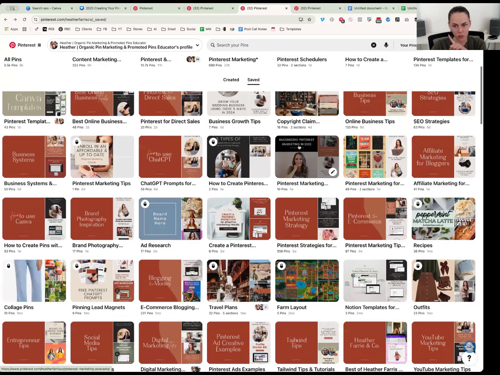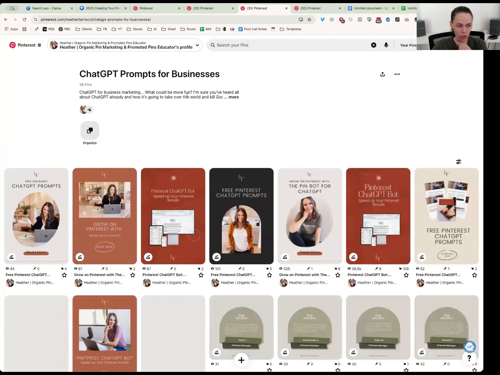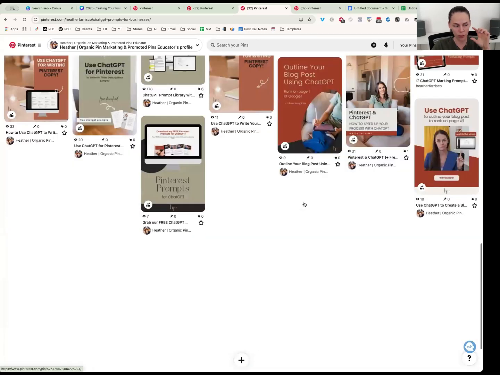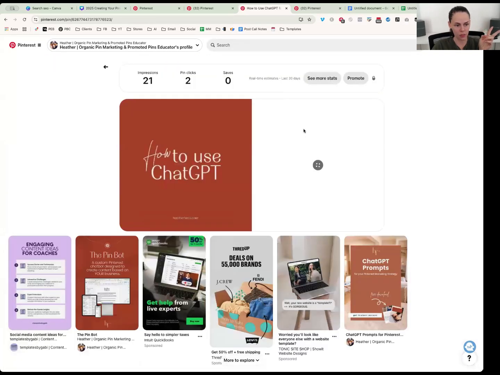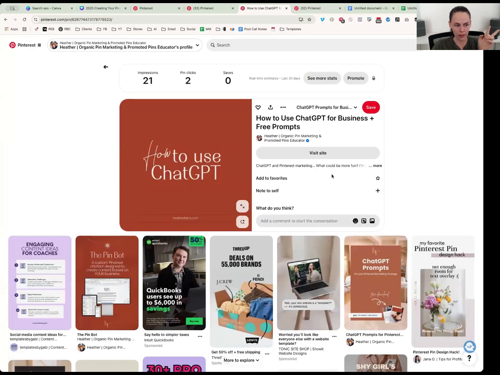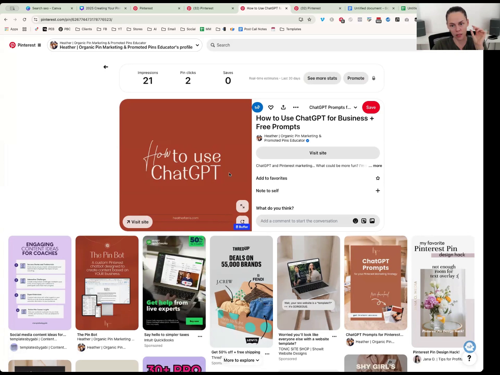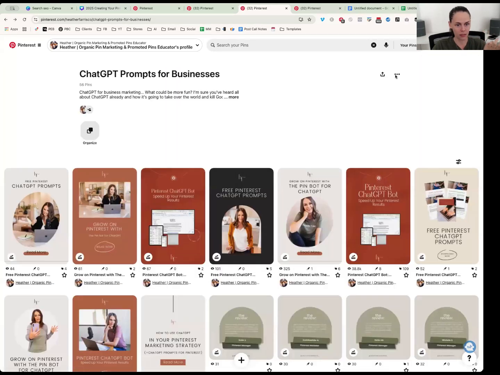And a hack for you: the same title and description you use for the board is what you can use for your little board cover. So this one has the same title and same description. And then what I like to do is link it to that thing. So if it's an abacus worksheet, then this gets linked to the abacus worksheet, and then you put it on that board, you save it on that board, and then you go into your board settings and you apply it.